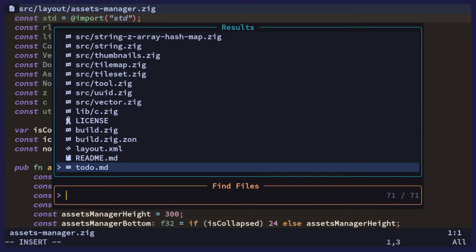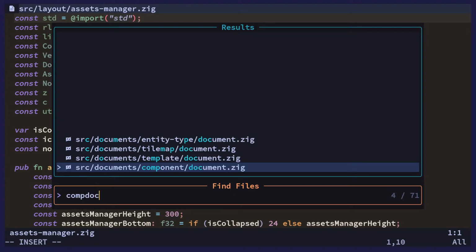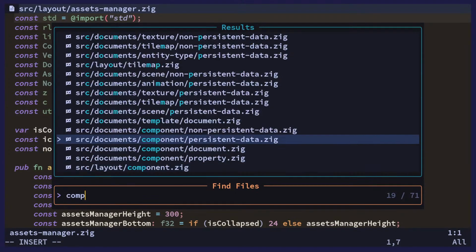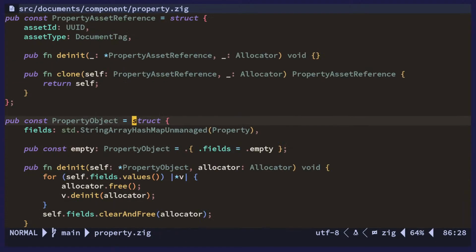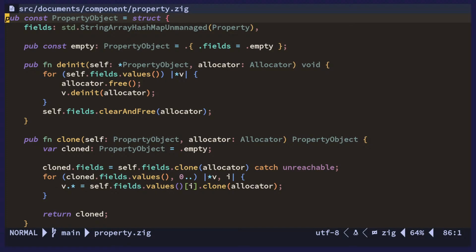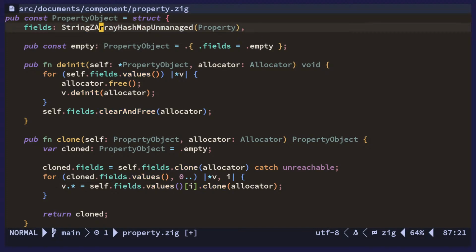It's probably going to be component persistent data. Yeah, that's right. So the properties, this one. Now this needs to be a string Z array hash map,